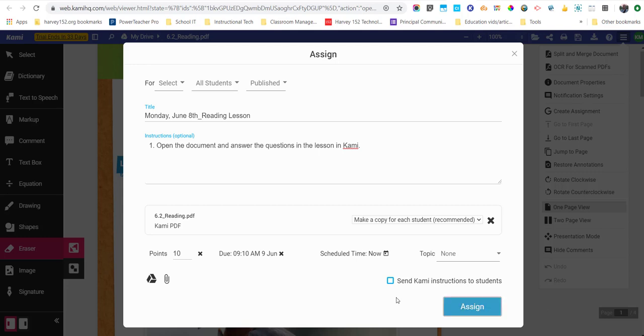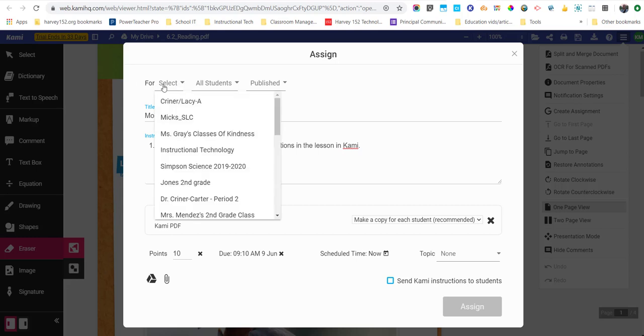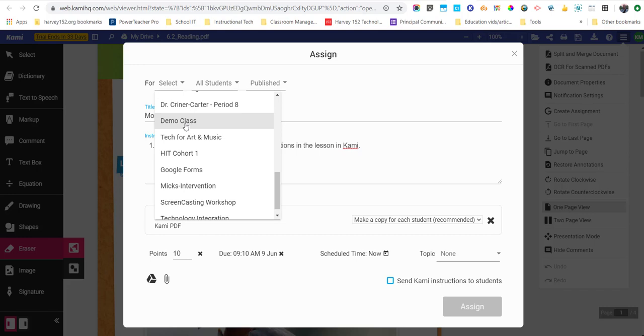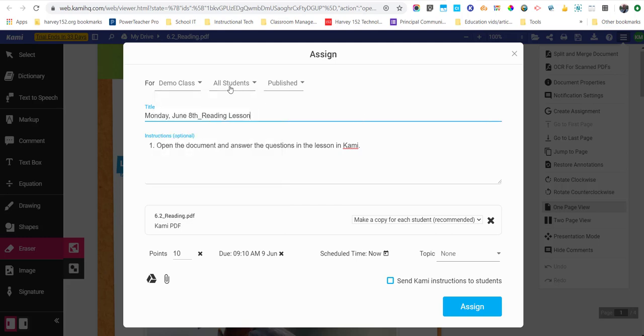Now, if you try assigning it at this point, notice it's not going to let me, and that's because I haven't finished all the options that I need in order to assign this. I need to go back up here to the top where it says for, and you need to choose the class. Right, so I have a demo class I'm going to assign this to. So this is where you choose the name of your Google Classroom. It's going to by default select all students, which is probably what you want,